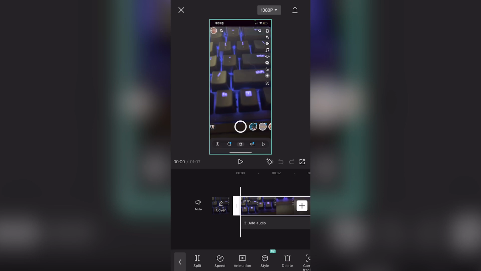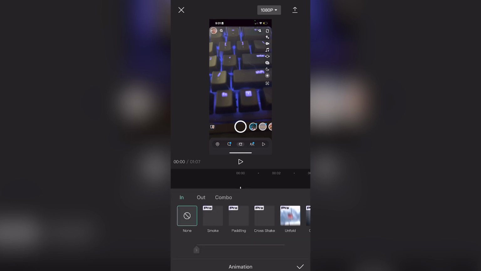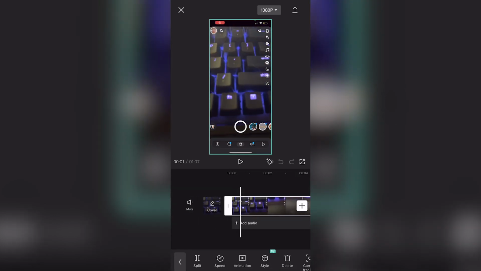In this video, I'm going to be showing you how to apply the zoom in and zoom out effect on Capcut. Be sure to watch this video until the very end to prevent any mistakes in the process. Now, you're going to begin by selecting the clip that you want to apply the zoom in, zoom out effect